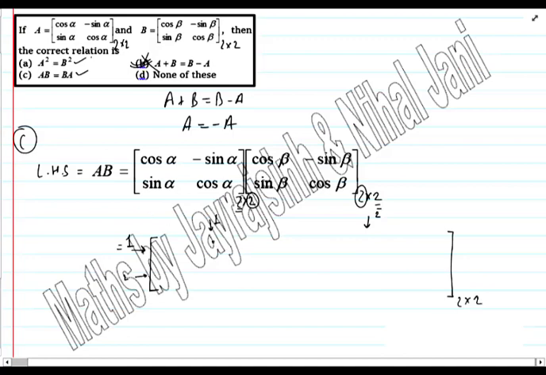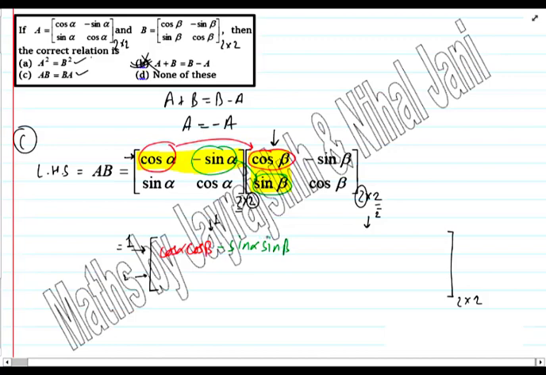The first element is in first row and first column, so we have to select the first row, the first column. Now it's time to multiply the corresponding terms. Cos alpha will multiply with cos beta, so we'll get cos alpha cos beta. Then minus sin alpha will multiply to the sin beta, so here we'll get minus sin alpha sin beta,